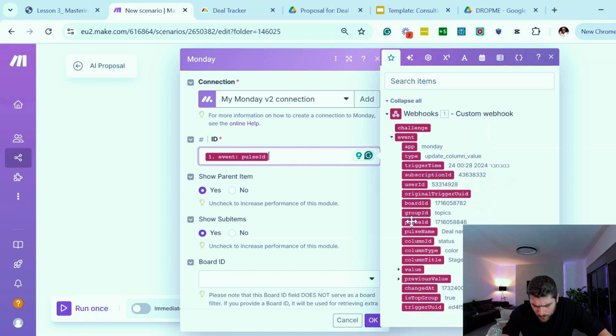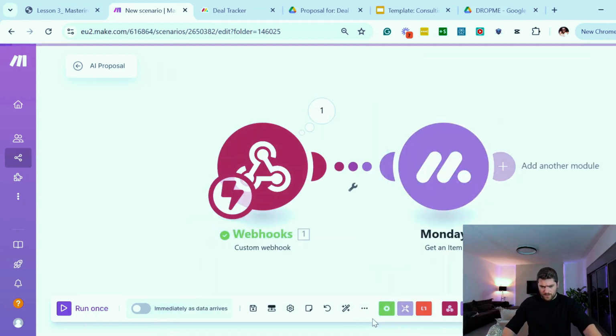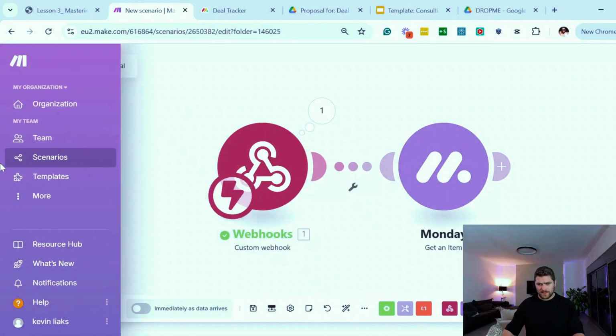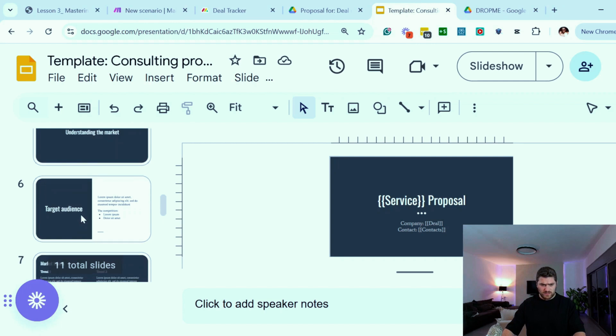So here we got pulse ID and we click OK. Perfect. So now that we have the pulse ID, we are going to use it later on. But first of all, we need to create a template, a Google slide template. So I'm just going to choose this random template that I have over here, which is just the generic template